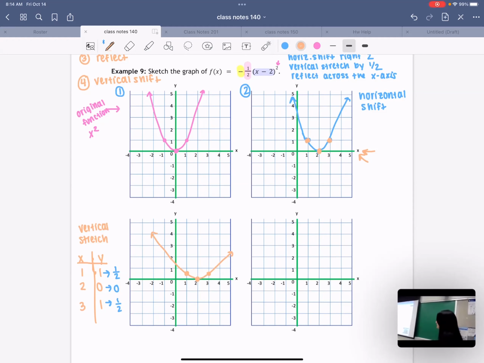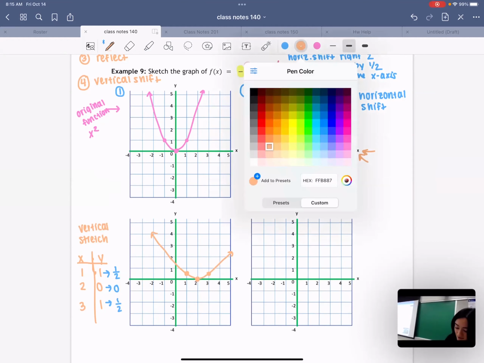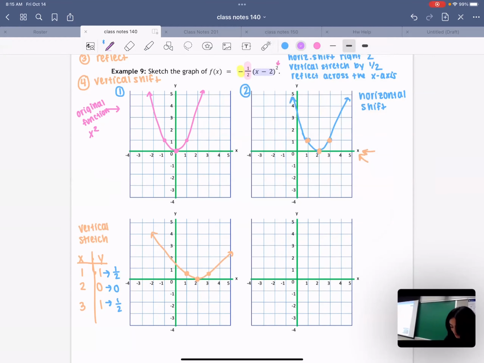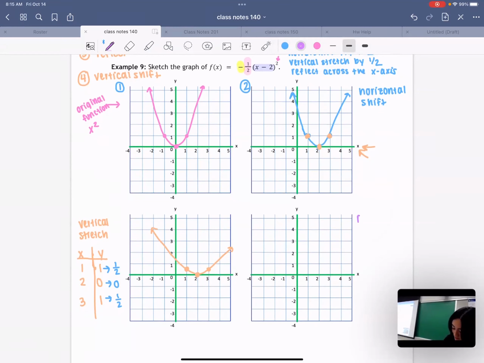Any questions yet? All right. What's my final step here? What's the final translation I have to do? Yeah, we have to reflect across the x-axis, right? So I'm going to use a different color here, maybe purple. It's a good color. Okay, final thing, I'm going to reflect